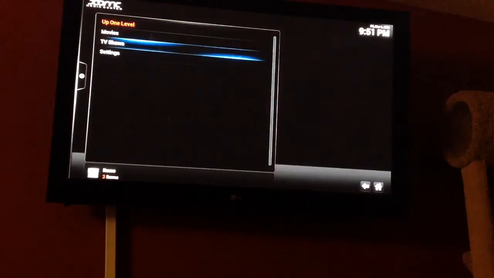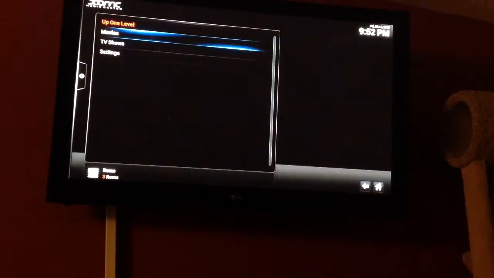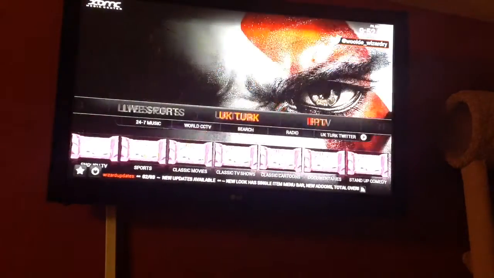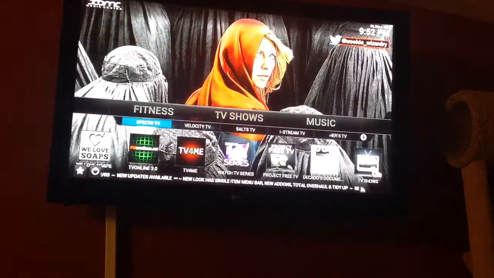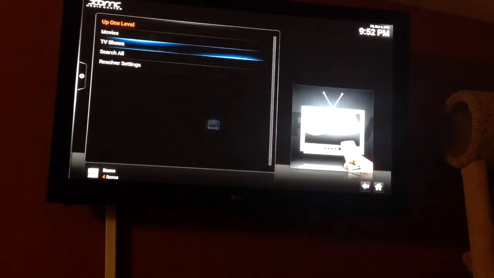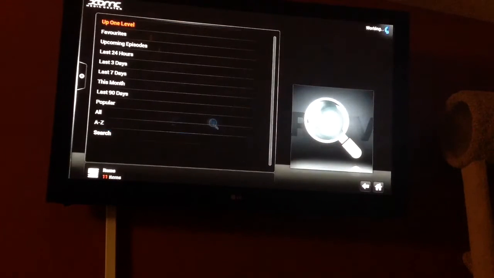You can select movies or TV shows. There's a lot of options. If you like watching a lot of series, you can go to TV shows. I like to use Project Free TV. And I'll go to TV shows, and you can go down to search,